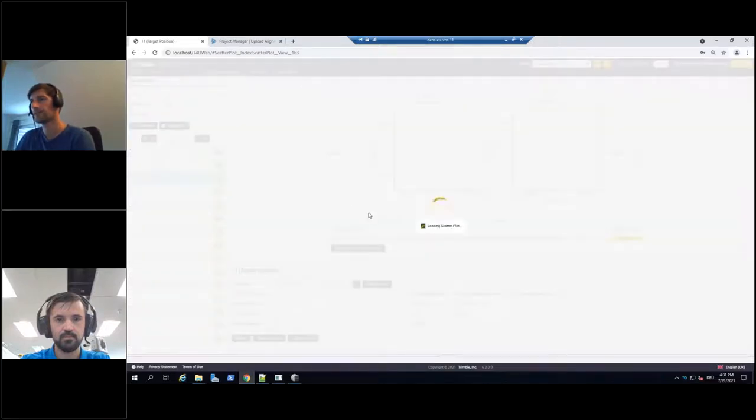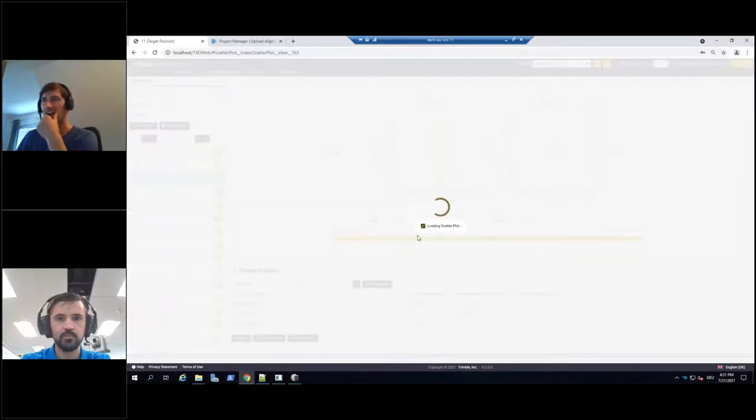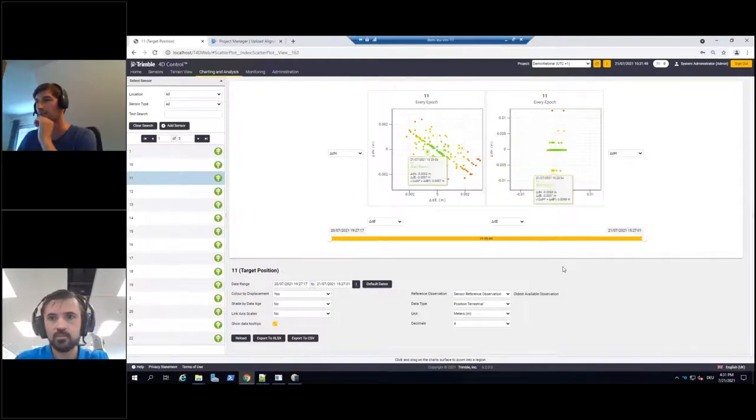I need to reload. So here you see there's a lot of data, delta station versus delta offset. And the nice thing is, if I now switch between position alignment and position terrestrial, see what happens. You can basically see how we calculated the values, how we rotated the coordinate system into the monitoring object based on the alignment information. And that's something you can nicely see here. So if I switch back again, this is